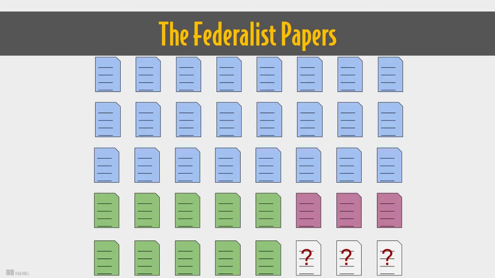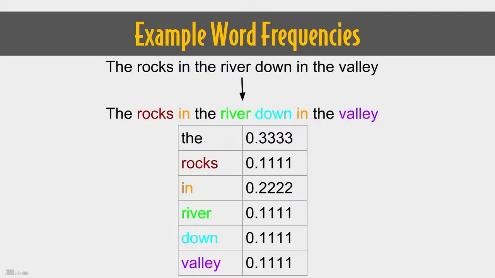This diagram here is just a general idea of what the documents might be. You've got these blue ones representing Hamilton, these green ones representing Madison, and a few purple ones representing Jay. For features, we're going to stick with something simple, relative word frequencies. So if the word "upon" occurs 10 times in a document with 1,000 words, we assign that variable a value of 10 divided by 1,000 equals 0.01. By computing this for every word that occurs in any of the documents, we can create a vector of variables ranging from 0 to 1 for each document.